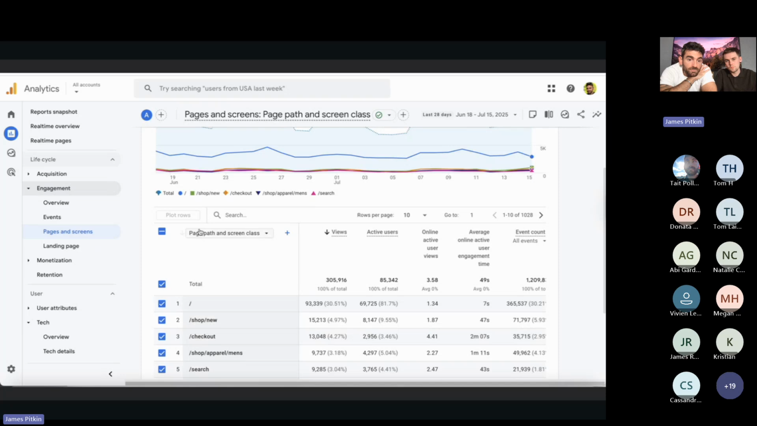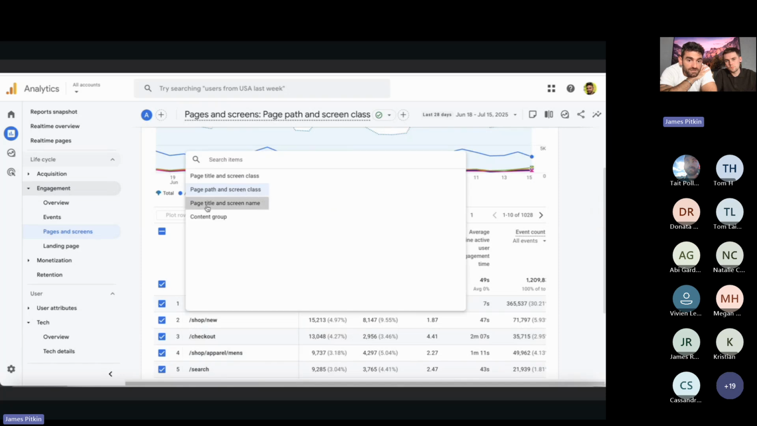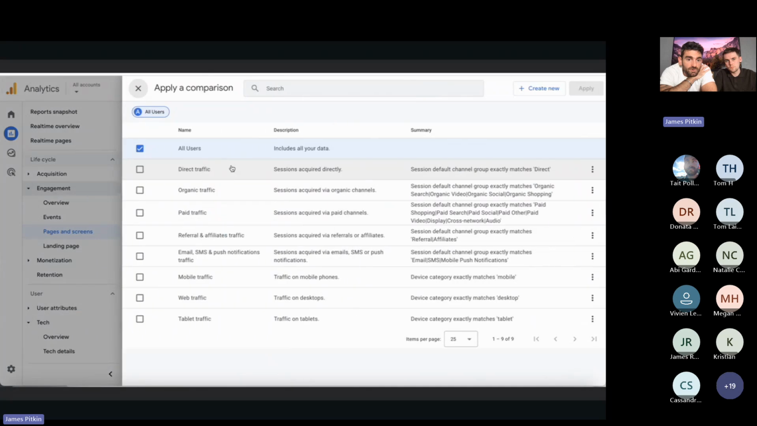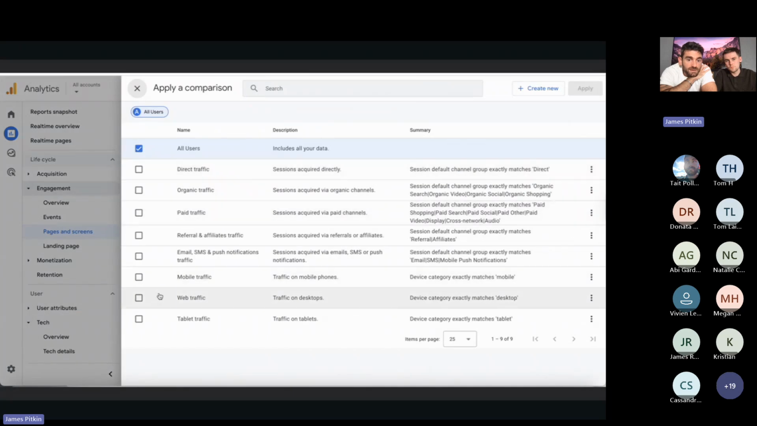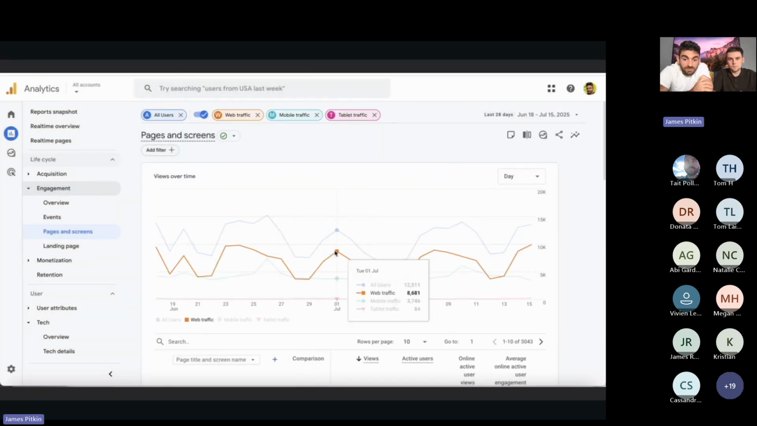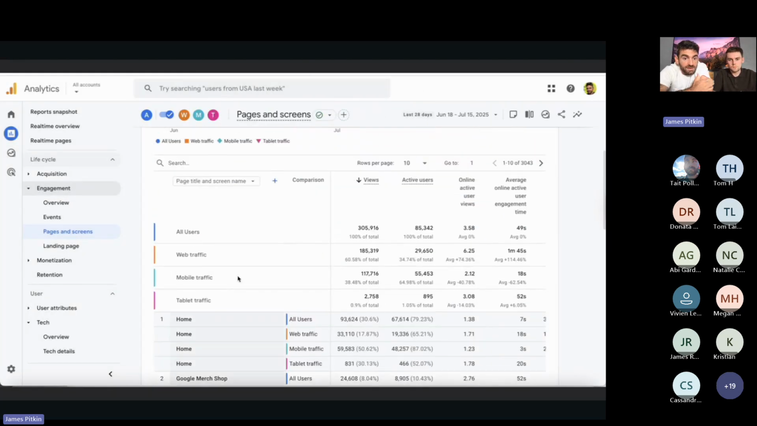So we're going to add comparison, but we're going to first of all change that to page title, because I find that way clearer to read. And then we're going to go to add comparison, and then we're going to set mobile traffic, web traffic, and tablet traffic. You can also compare direct traffic to organic traffic, for example, and look at engagement rate when they land on certain pages. So if someone comes from an organic search, do they engage more, that kind of thing. But here you can see it nice and cleanly split, web traffic, mobile, and tablet,